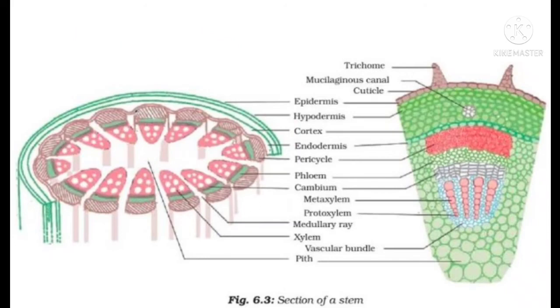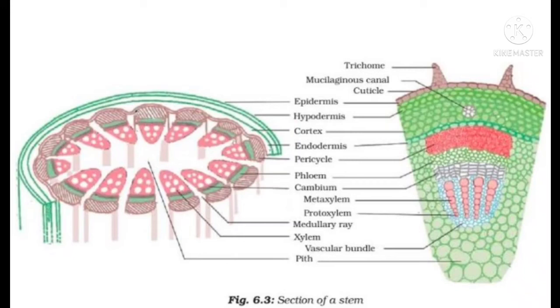My dear students, this is the section of a stem. This image is also given in your textbook. Now we will see where we are getting this tissue, this name, that name, so where these are located. Meristematic tissue, we have seen where it is located and everything. Now we are going to see about these permanent tissues also. Where these simple permanent tissues are located, where these complex permanent tissues are located. So my dear students, please be very attentive with this image.